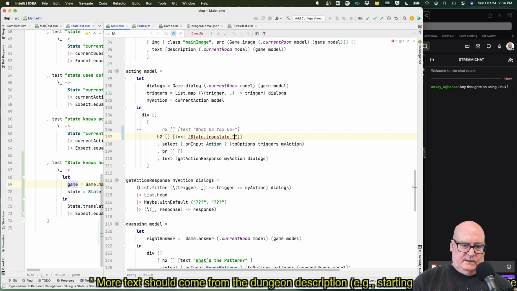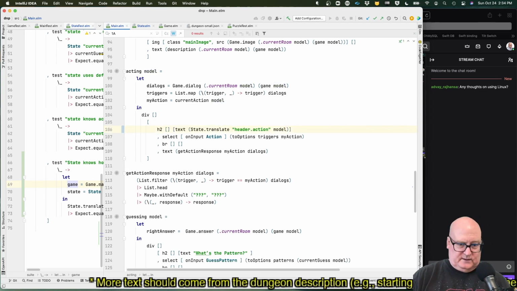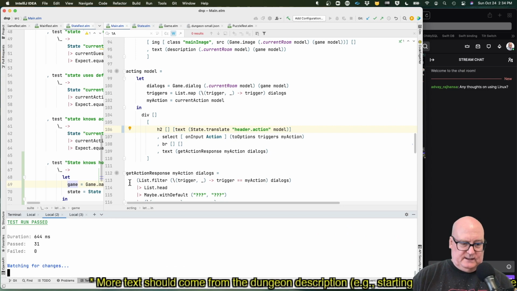The key is, I'll say header.action. And the state is the model. Okay, so instead of just getting what do you do, we're going to say translate header.action from the model, and that should be the thing. All right, so that's not too horrible. And I don't think the tests are going to fail because, like I said, we're not really testing these things.